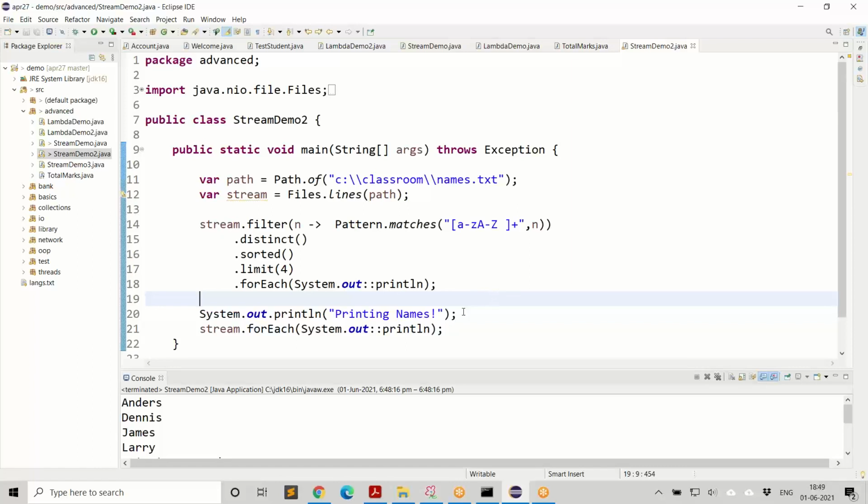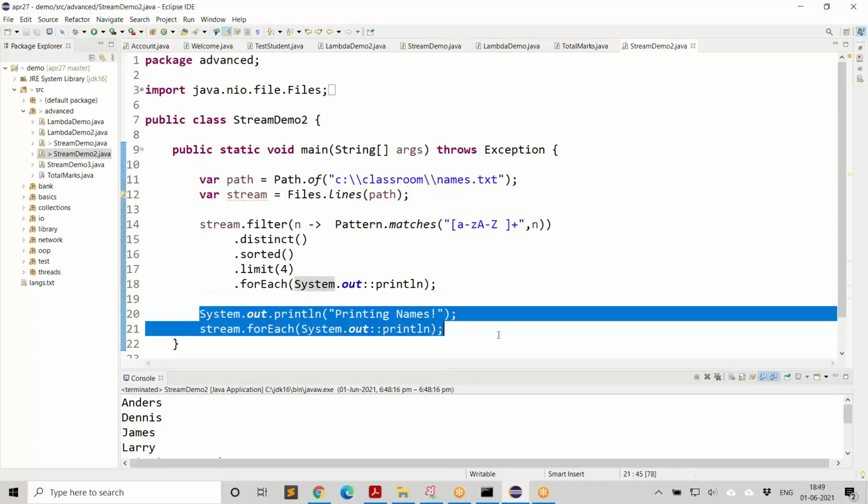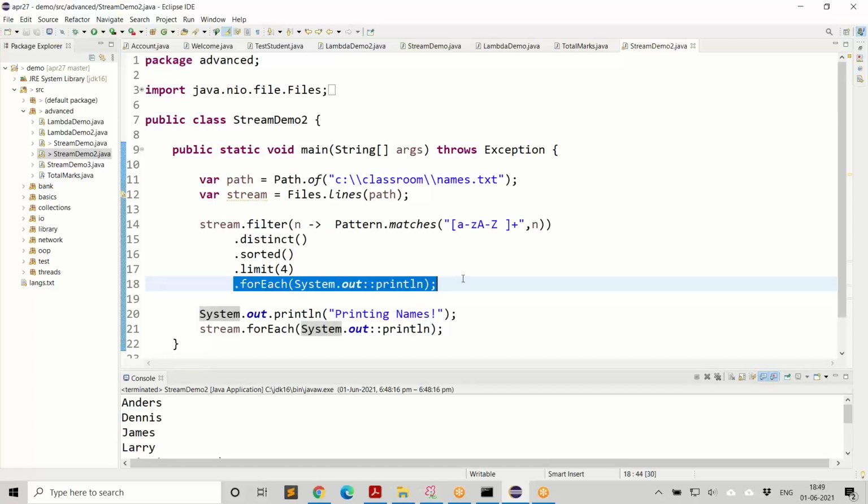It's a one-time process. It's not like an array list where you have the data, so you can read the data as many times as you want. But a stream is not a container of data. It only takes data from other sources, and once you consume it, you can't use it anymore. So I hope you understood that point. This is to demonstrate that you can't reuse a stream once it is completely consumed.